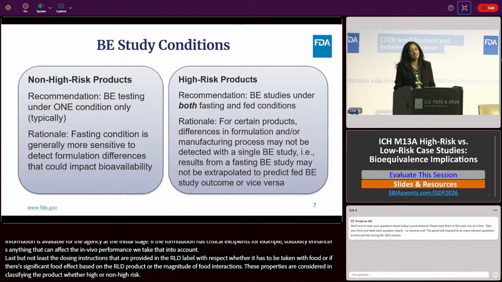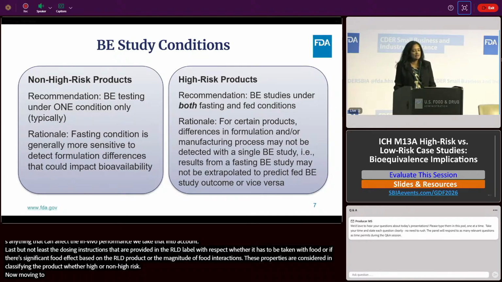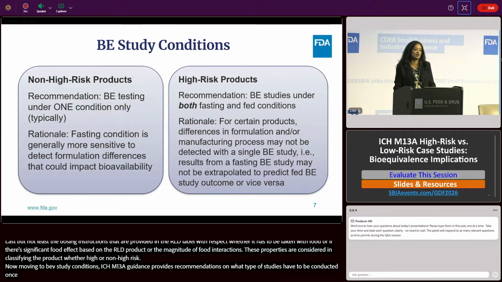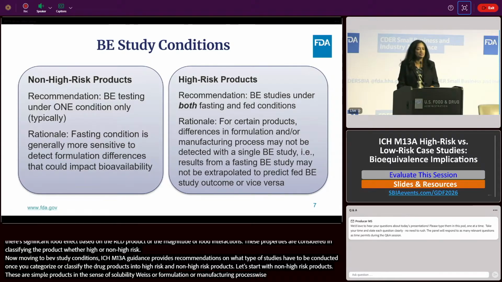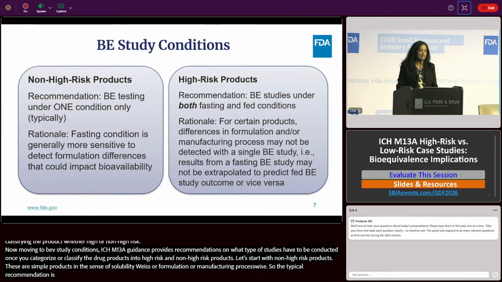Now moving on to BE study conditions. ICH M13A guidance provides recommendations on what type of studies have to be conducted once you classify these drug products into high risk and non-high risk. So let's start with non-high risk products. Like I said, these are simple products in terms of solubility, formulation design, or manufacturing process. So the typical recommendation is to do one study,